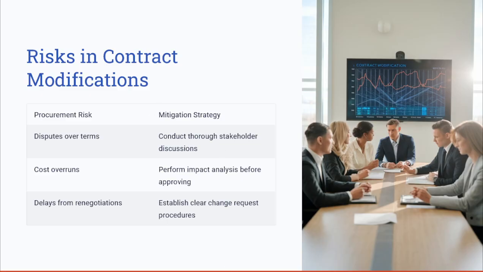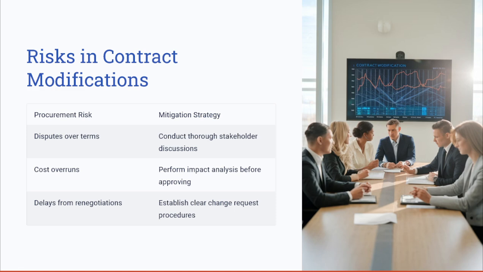What are the risks in contract modification and how to mitigate them? Contract changes introduce potential risks, including disputes, cost impact, or delays. By implementing strict risk mitigation strategies such as clear negotiation frameworks and compliance reviews, organizations can ensure smooth